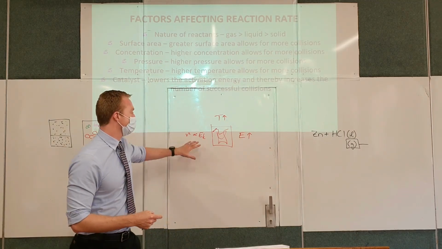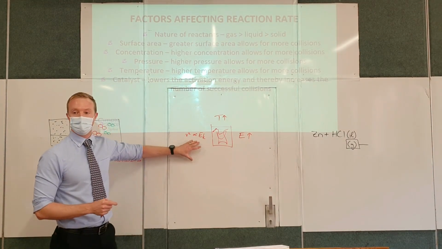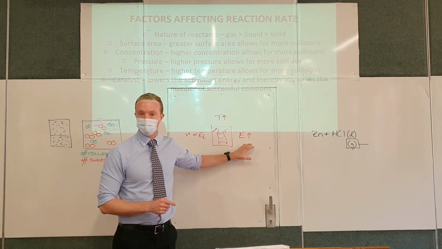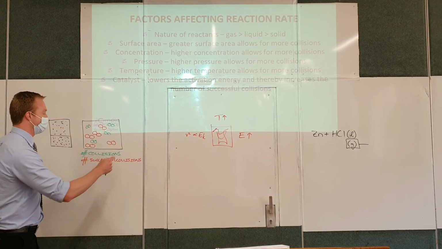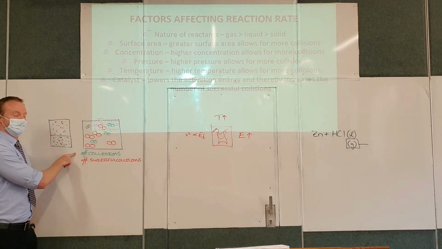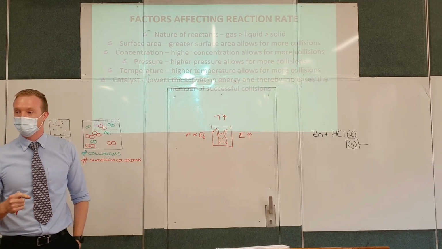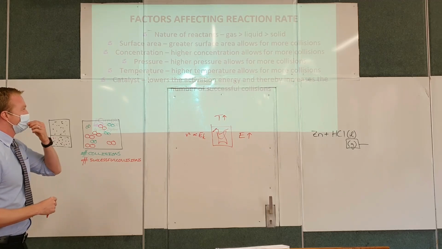Okay, so a temperature increase has a twofold effect on the rate of reaction. One, they're moving around and colliding more. Two, more of the collisions are successful. So your answer here is slightly different, because now you're saying not only are there more collisions because they're moving faster, but the number of successful collisions, or the proportion of successful collisions, is also higher. Right, and then the last one